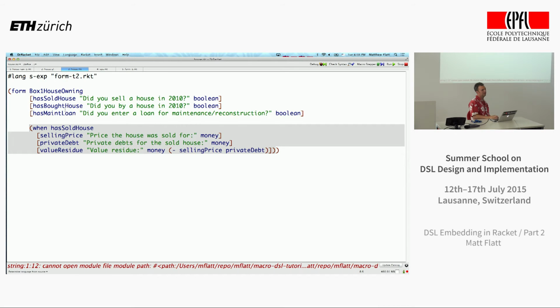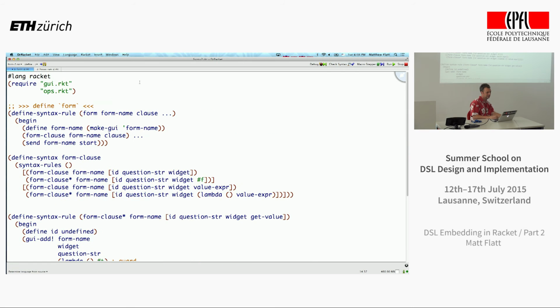Does everyone understand what this means? These are some widgets, 3 widgets at the top. Has sold house is a Boolean one, and this says when has sold house is true, then these other things are shown. Okay. So we want to support that. How do we fit this in? That means we have